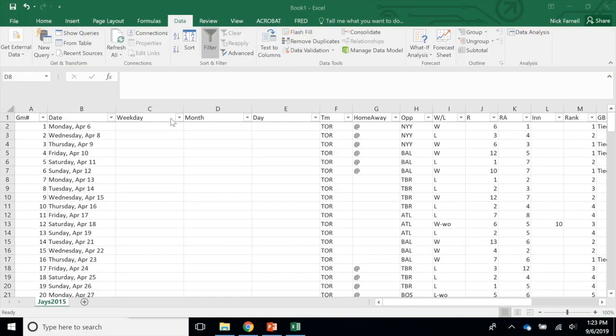So before we do any further analysis, there's still a few things that we have to do to make sure that everything is ready to go. The first thing is breaking out the date to weekday, so we want the day of the week, Monday, Tuesday, Wednesday in this column, the month, April, May, June in this column, and then the day of the month, so the number 6, 7, 8, 9 in this column. We also want to change home and away, so home and away is the column that shows whether Toronto was playing in their own stadium, so whether the game was played in Toronto or